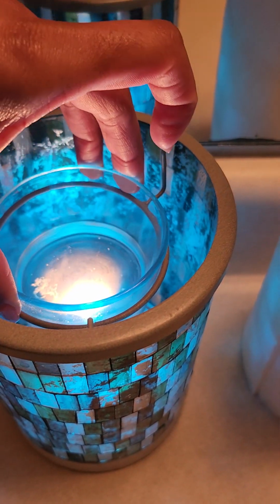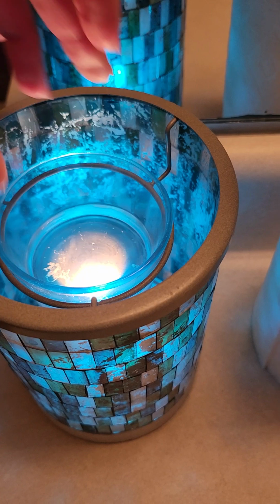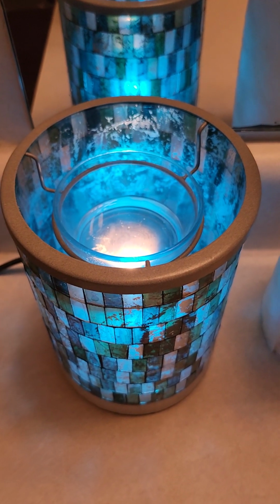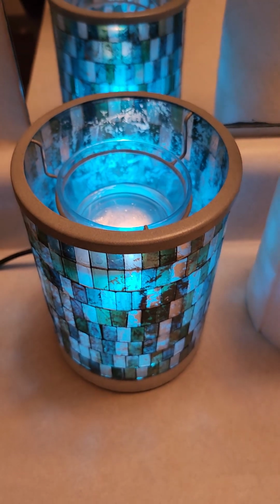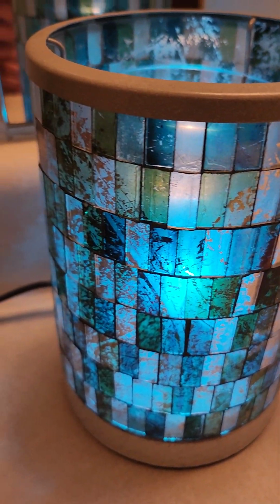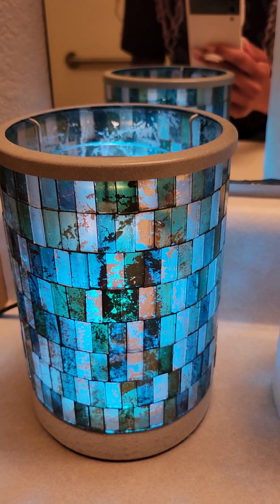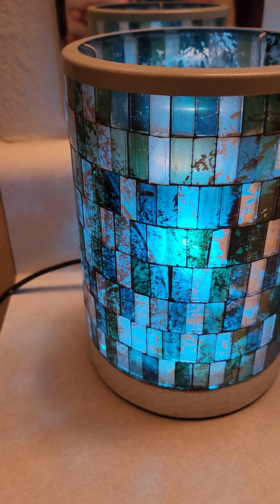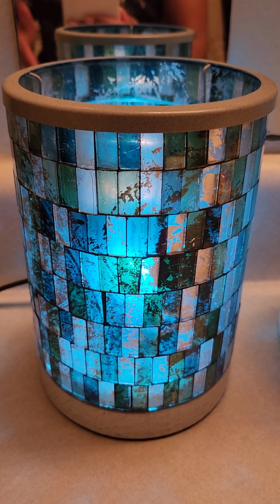This is probably one of the best dishes for Scentsy. Like, it can fit so much wax. I generally put 2 cubes. Sometimes I do 3, and it can still probably fit another 1 or 2 cubes in that. That's insane to me. And it just works well in the bathroom area because it's blue, it's pretty, it's very imperfect. So if you like something that looks exact and perfect, you won't like this, but I love it. It was my son's first warmer,